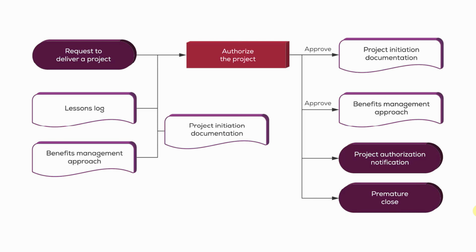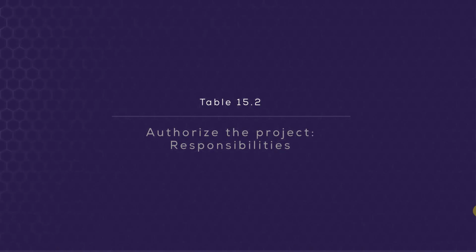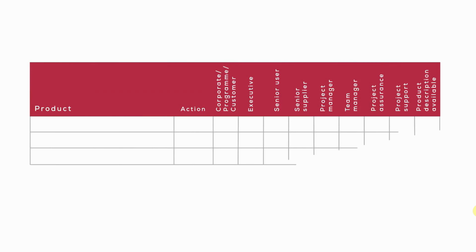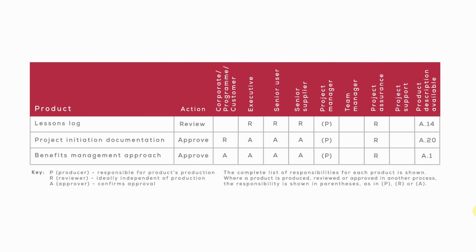So again, to summarize this activity, you could say that this activity is designed primarily to review and approve the outputs of the initiating a project process. So again, with regards to the responsibilities here, table 15.2, the lessons log, which we know was created by the project manager way back in the starting up a project process, will be reviewed by all concerned to ensure those